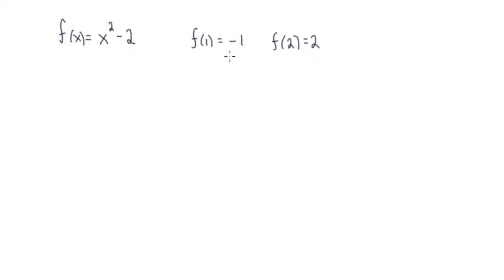Now, negative 1 is going to be less than 0, and 2 is going to be greater than 0. So what that means is if we look at this closed interval from 1 to 2, now because f is continuous, it's a polynomial, it's a continuous function,